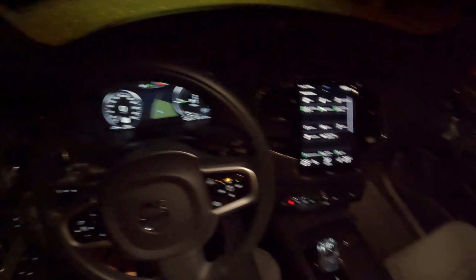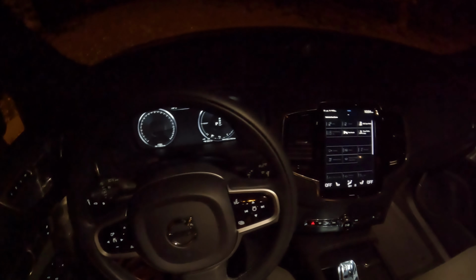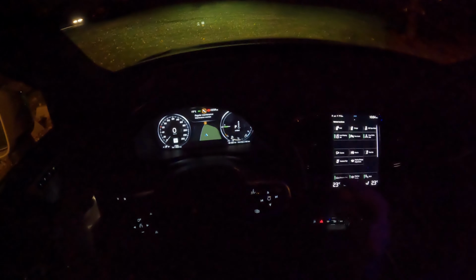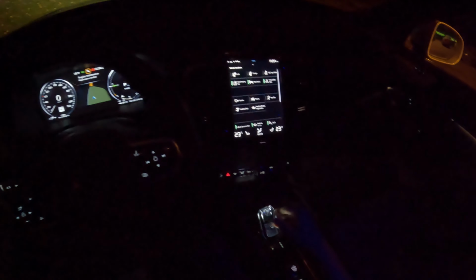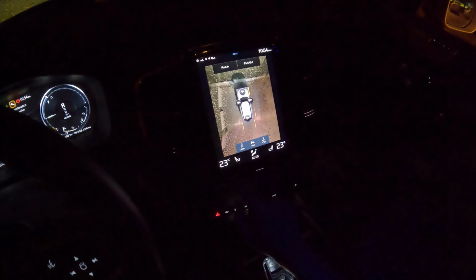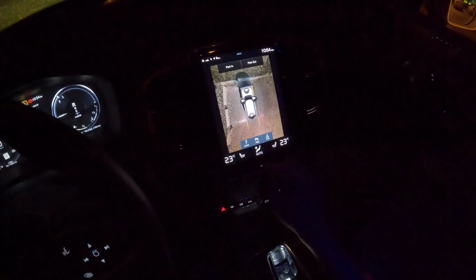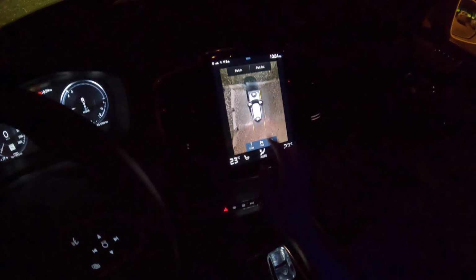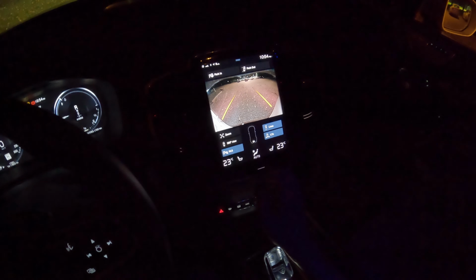We can just quickly restart the car, engine off. And now we're on the regular hybrid drive mode, so the car will decide what to use, and it will probably stay mostly in electric. Put into reverse. We get our cameras, we get 360 degree, make it park itself out, all the good stuff. So we got plenty of options here. We can just go to the rear camera, for example. But pretty cool. Let's start driving